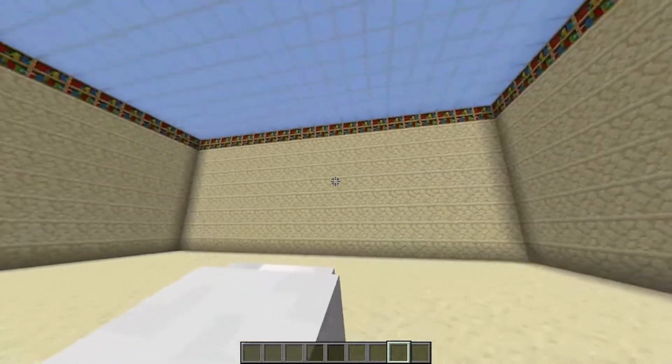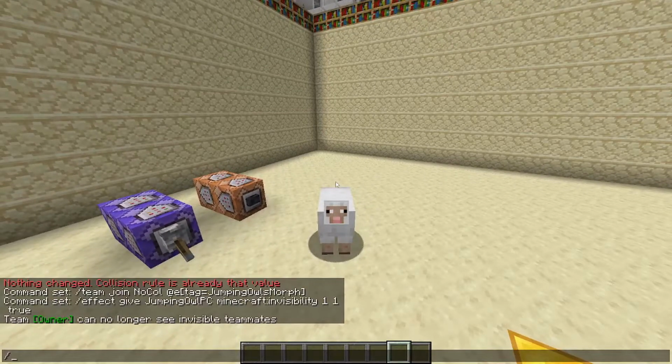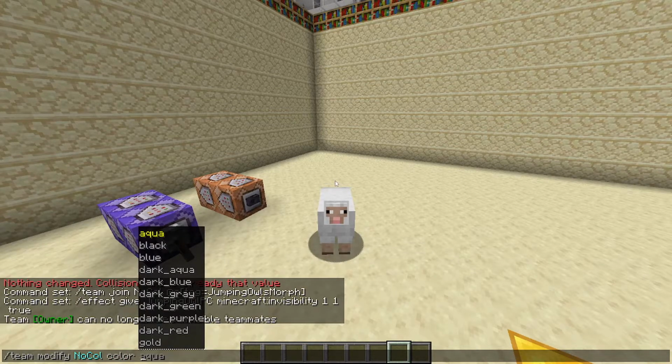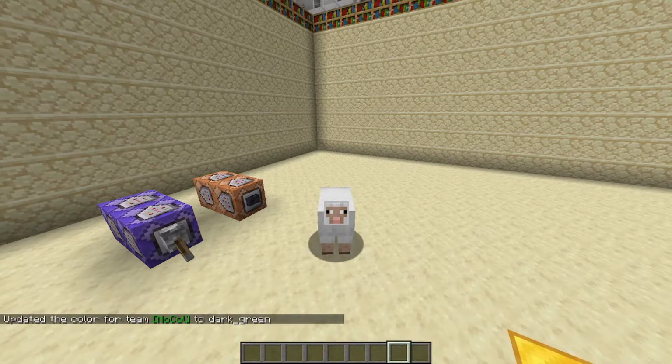If you want to make this even more fancy, though, you can do /team modify, and then the color, and then whatever color you want it to glow. I'm going to do dark green, and then